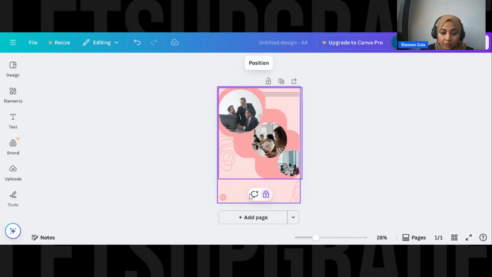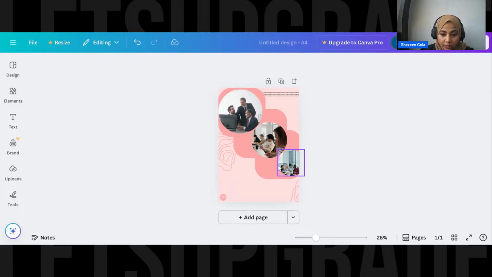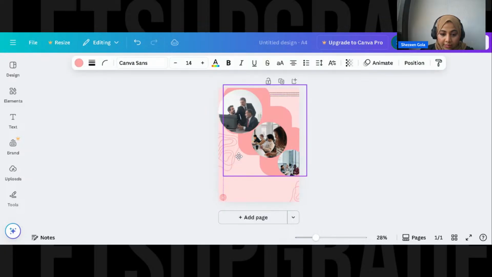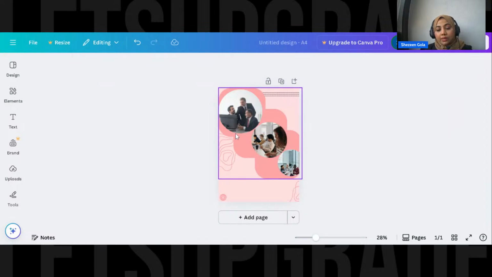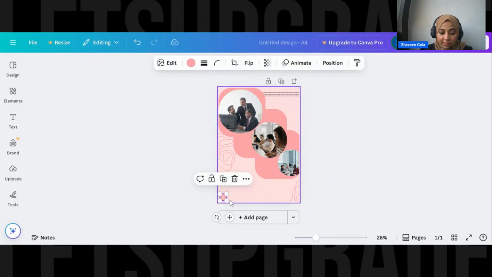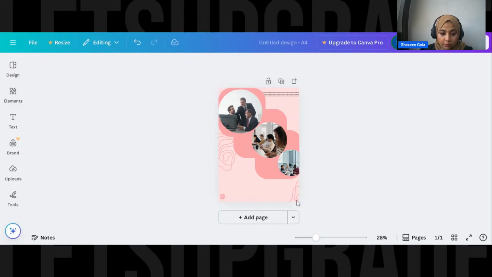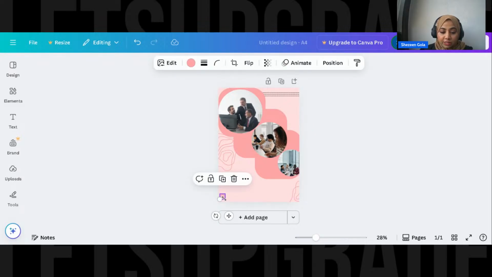Hold on. I hope I didn't lock this. Yes, I did lock it. I have a very bad habit of locking my work and working on it. So yeah, okay. Now what you can do is, as we had Instagram, we'll make it small. So everything just happens with a blink of click of your buttons.